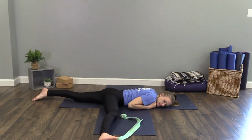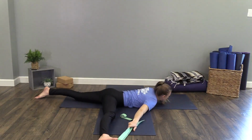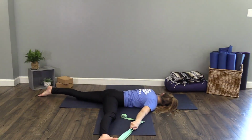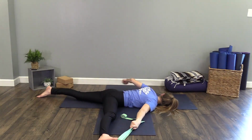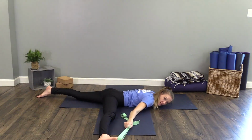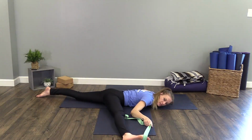So our tummy comes down to the ground. This is the clunky version we've got here. So the next side we will be further prepared. So as we come down to our tummy, we want the left leg down the mat. The right leg is off to the side here and we're still strapped up. So if we want to heighten the angle at which this is at, we can